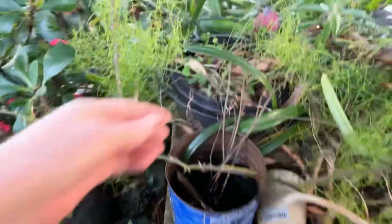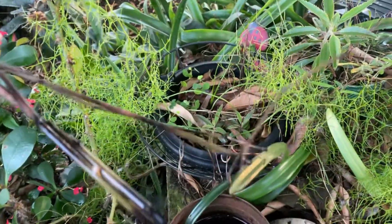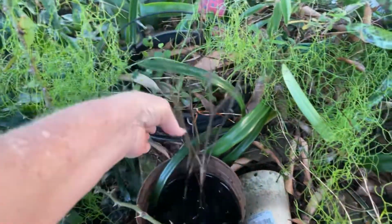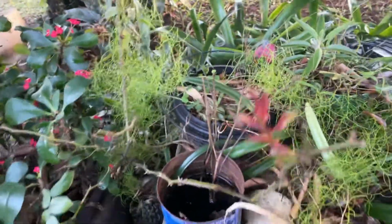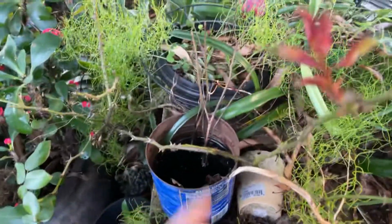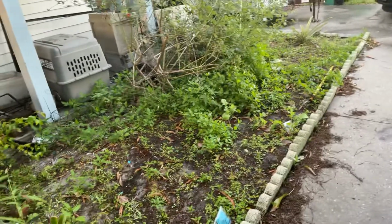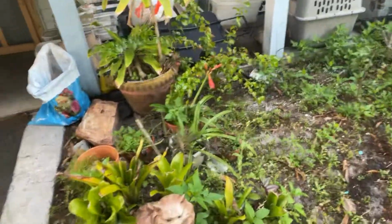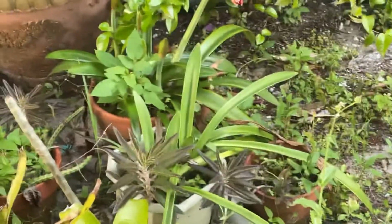Well, my rooting project for the rose bush did not work. That is from this rose bush over here, and it did not work at all. So the amaryllis in this pot over here are blooming. Now these amaryllis that are blooming,